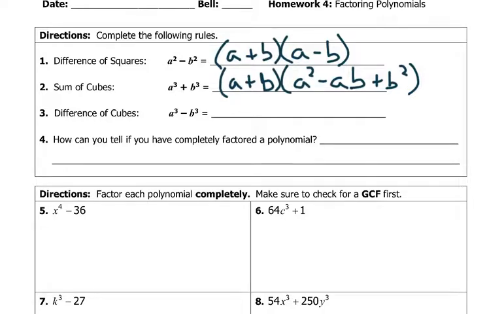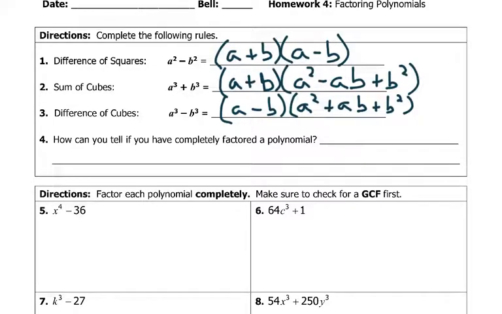Now, finally, difference of cubes: A minus B times A squared plus AB plus B squared. All right, and those are very similar, but it is expected that we have that memorized, so make sure we're